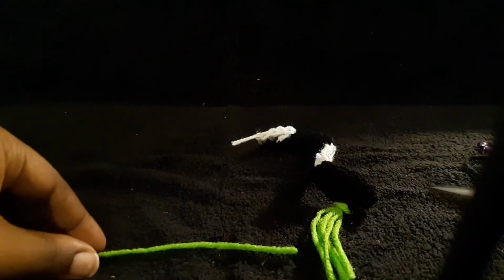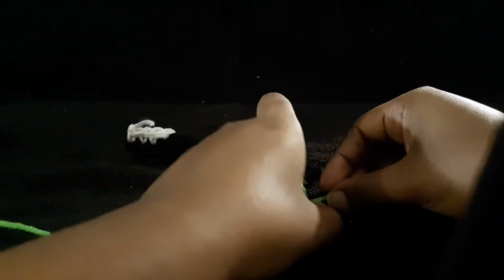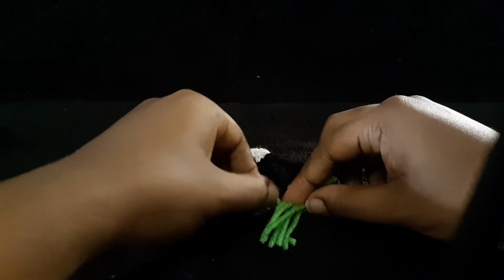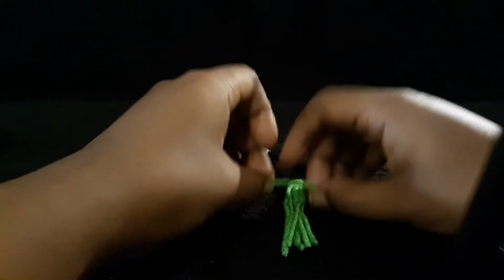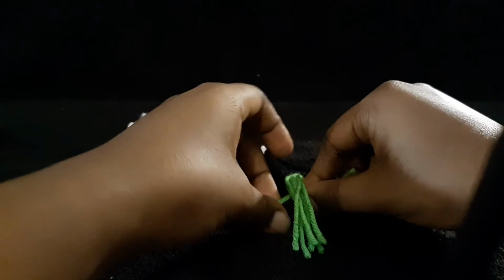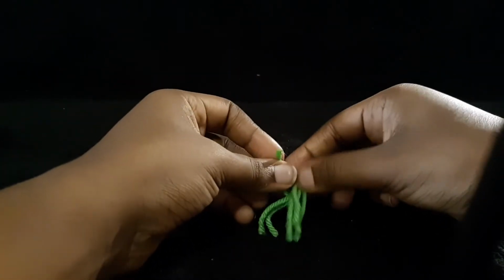Now, after I did that, I was going to use rubber bands, but I couldn't find any. So what I did was I took another piece of yarn that is a little tinier than the rest that you've done. You only need a little bit of it. And you're going to take that and tie it about in the middle of the tassel. You kind of want to tie it behind it, but you can do it at the front. It really doesn't matter. And you can just push it around when it's tied. But you want to tie it